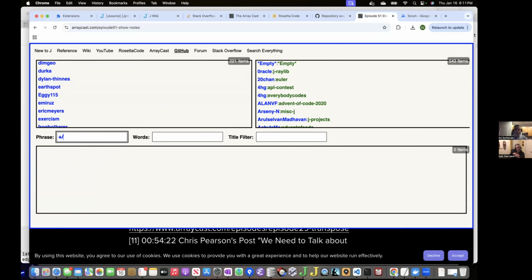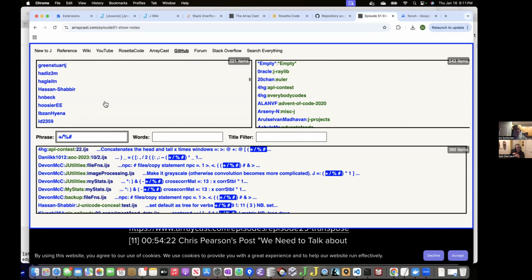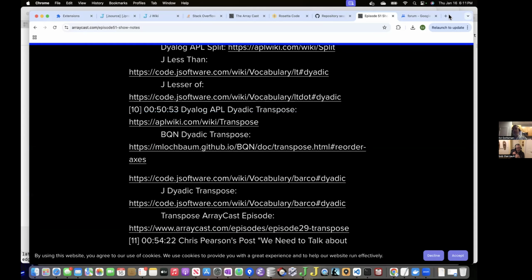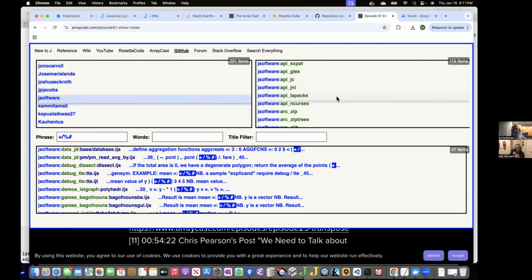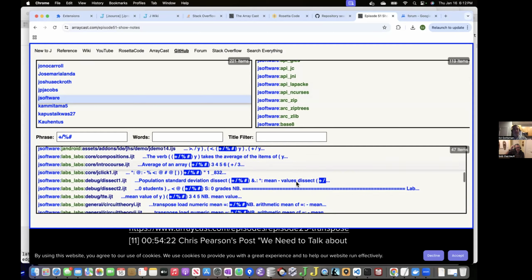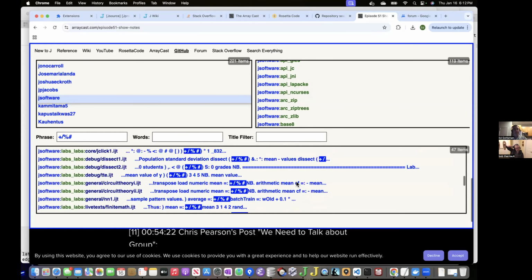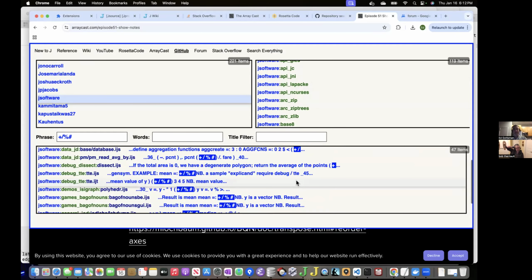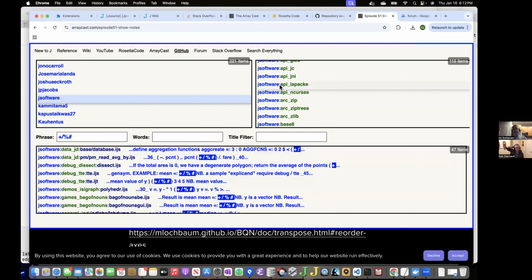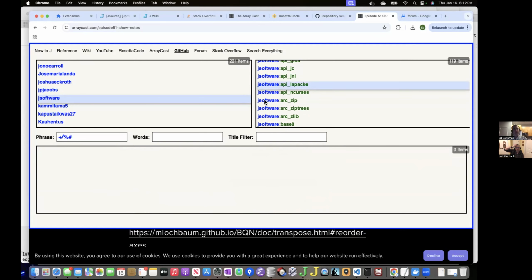You can do searches against everything, or you could pick, for example, just the repositories that are owned by J Software, of which there are 119. So now we're just looking at J Software files that include the plus over divided pound syntax, or you could pick a particular repository.